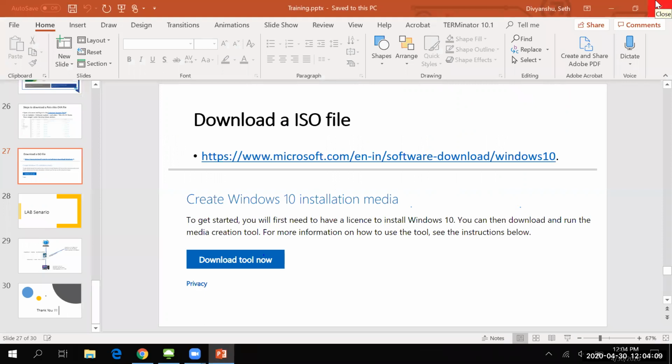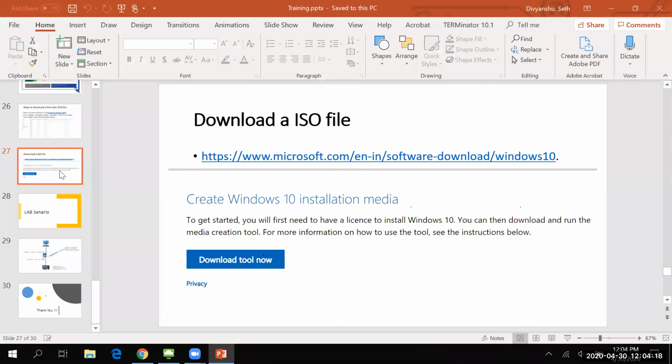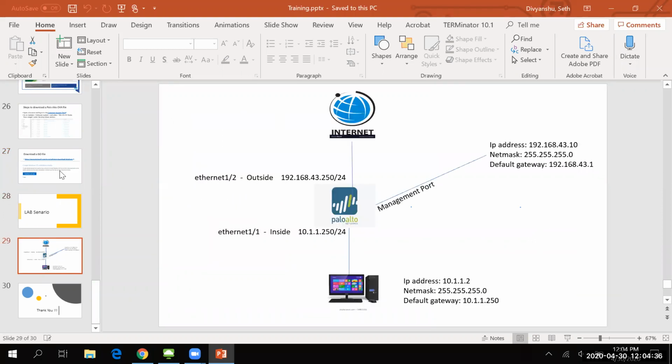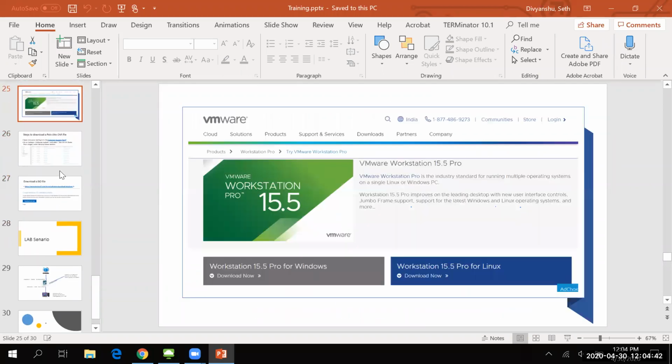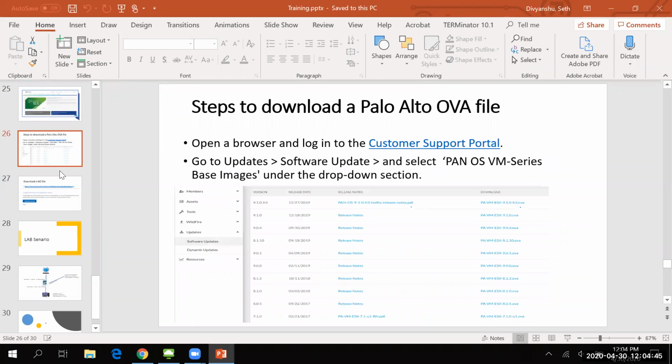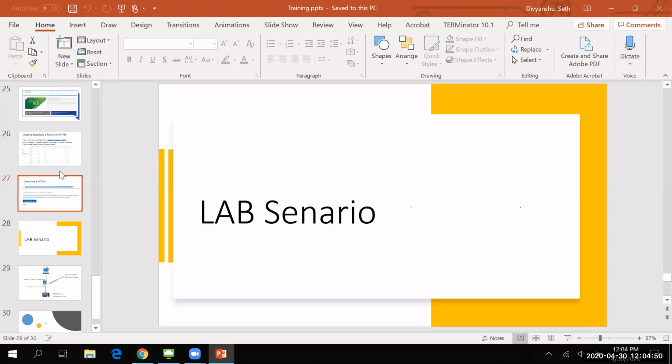So if you need the direct links for downloading this Windows ISO file or Palo Alto VM, you just mention in the comment section, so that I'll share some Google Drive options where you will be able to just click on them and download the original files from there. So you can download these things so that we can continue our lab session in the next class, where we are going to set up this entire lab. But before that, we need to follow some prerequisites, just like we already discussed: VMware, Palo Alto OVA file, and the ISO file for Windows. Okay, so that's all for today's lecture.